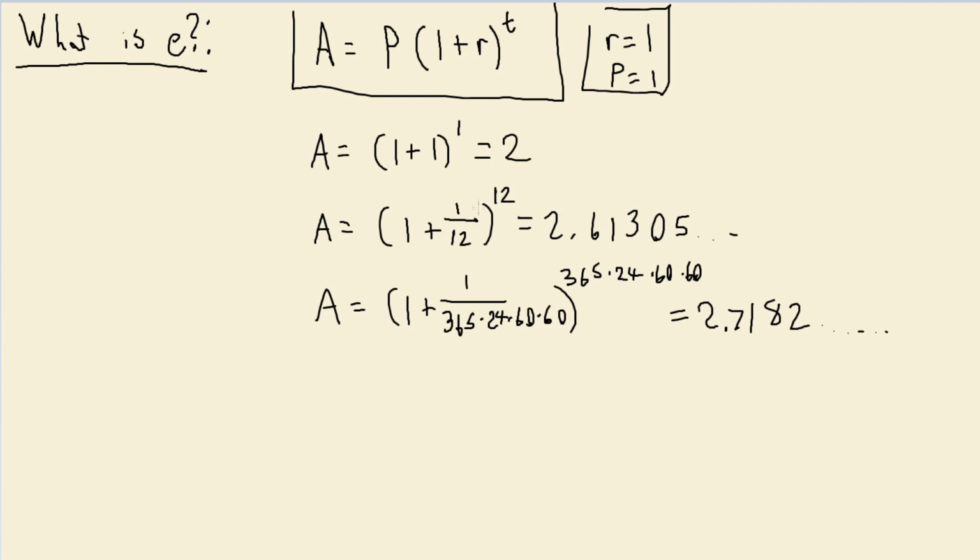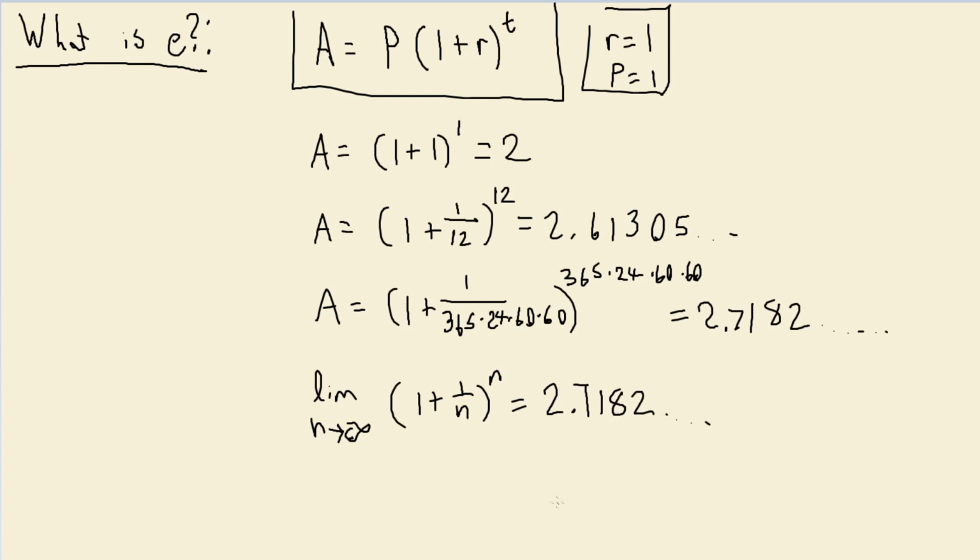But then when we went from doing it 12 times per year to once every single second of the year, which is an extraordinarily more frequent amount of time to be doing this, we only gained about 10 cents. And so what's going on here is that if you take the limit of this expression as n approaches infinity of 1 plus 1 over n to the power of n, this is going to approach this constant,